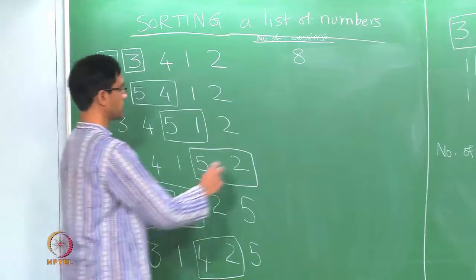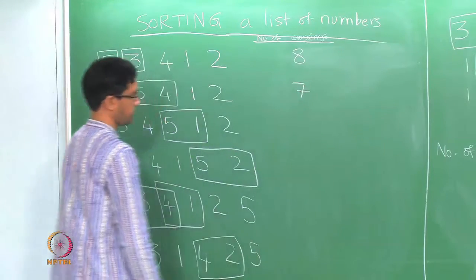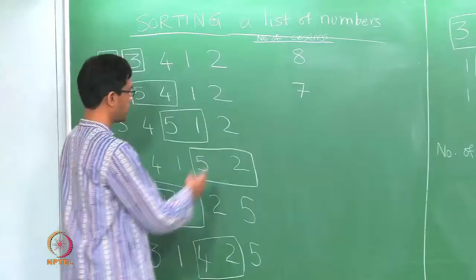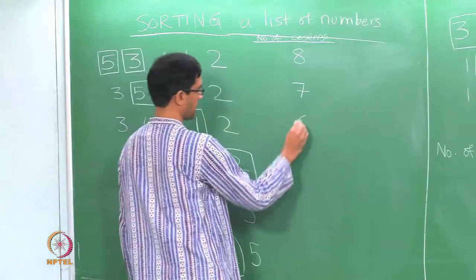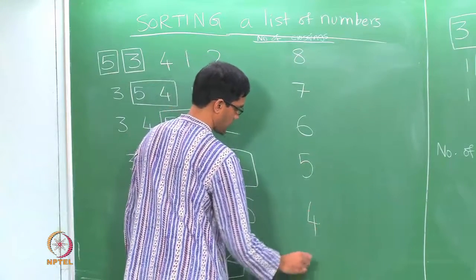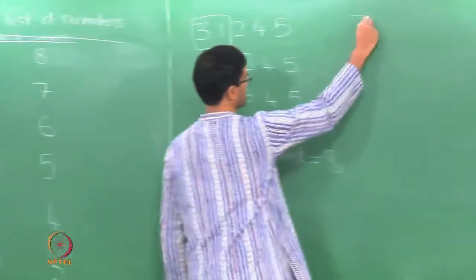Here's the interesting answer, it turns out to be exactly 1 less than the original. Now once more you do this and you wonder how many crossings does this have, well, it has 1 less. This has 1 less crossing, this has 1 less crossing, this has 3 crossings, this guy has 2, this has